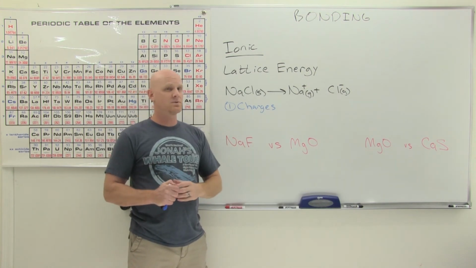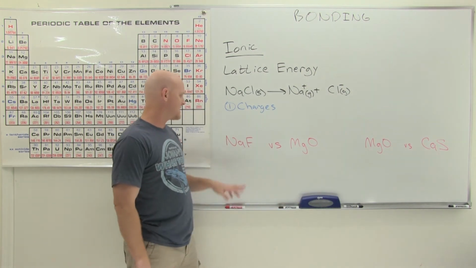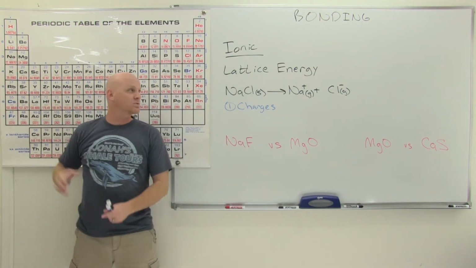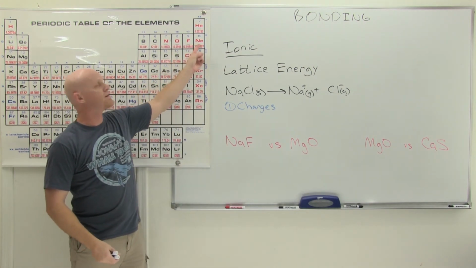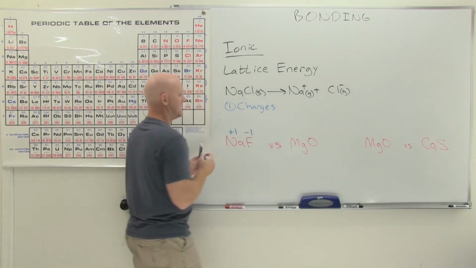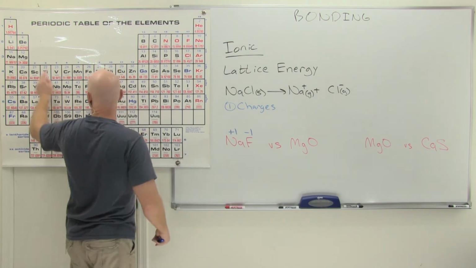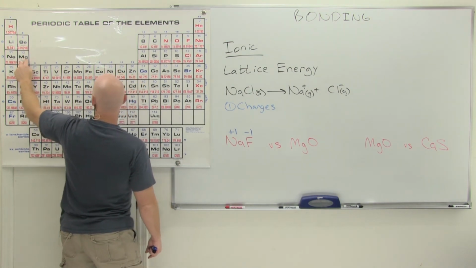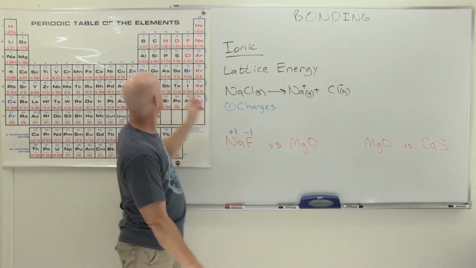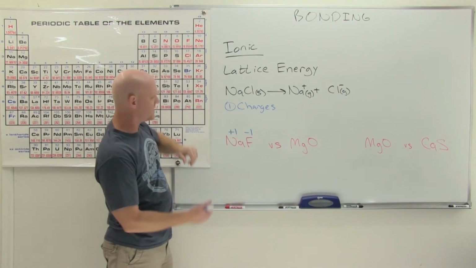Well, the first thing you should do is assign charges to the cations and anions. So sodium and fluoride, sodium being a group 1 metal, as an ion is going to be +1, fluoride, 1 electron short of having a filled octet, is going to be -1. And then we go to magnesium oxide. So magnesium over here is an alkaline earth metal, so it wants to lose 2 electrons to look like a noble gas, or so we say. And then oxygen tends to gain 2 electrons to look like a noble gas,